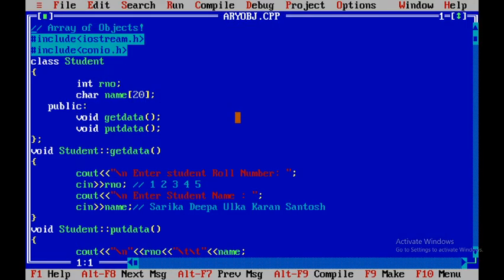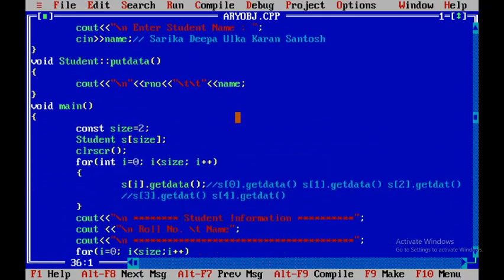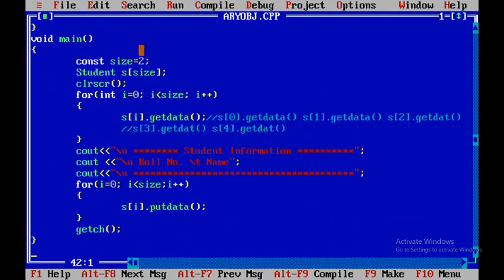Similarly, if I want more elements, I simply have to make only one change to this const size. If I want to store records for 100 students, I take it as 100. It will accept data for 100 students, and the data of 100 students will be displayed here. This would be a very large execution, so I am not going to execute this. I simply keep it as 5.